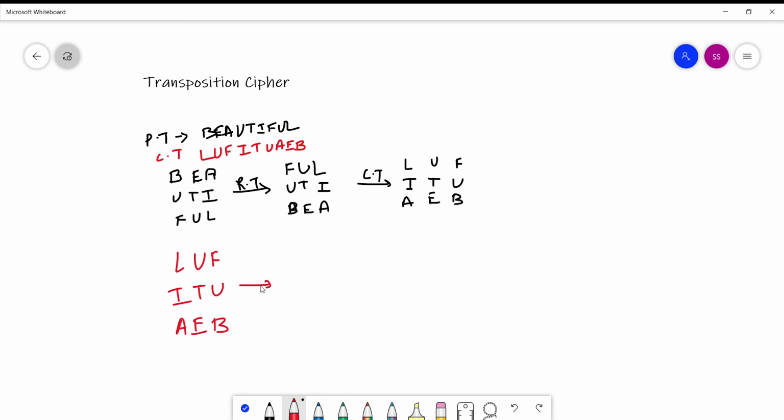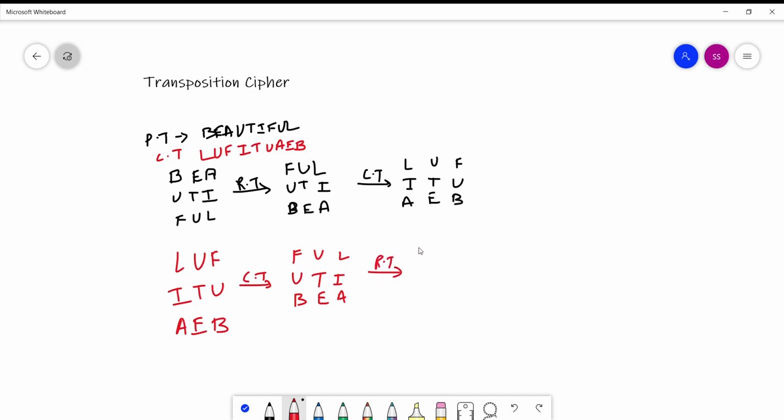First I will do column transformation. So it will become FUB, UTE, LIA, right?